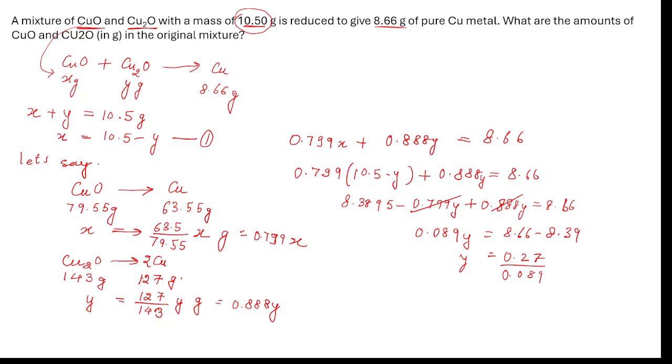So we divide 0.27 by 0.089, it is around